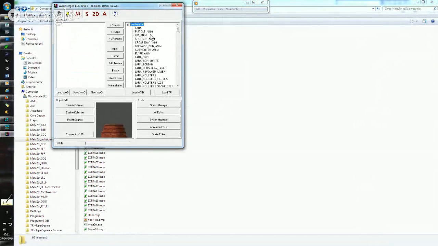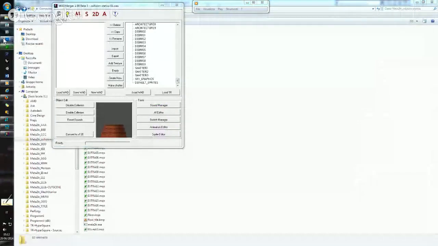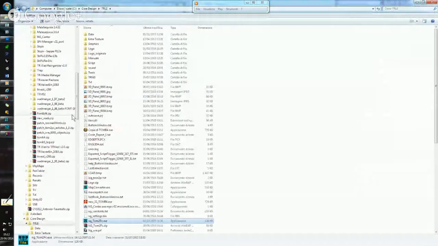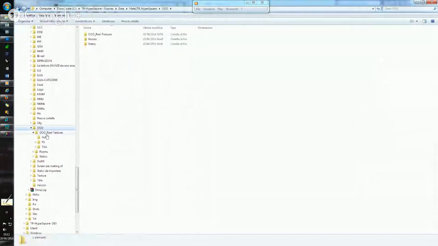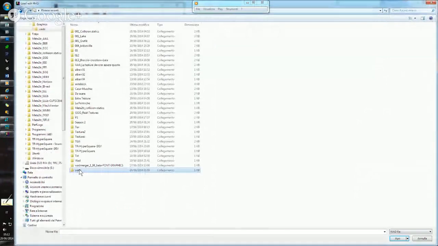The VAD I'm going to use with this project is, as you can see, called OOO, real textures, rooms, statics, OOO. So the VAD I'm going to use for this project is this one,